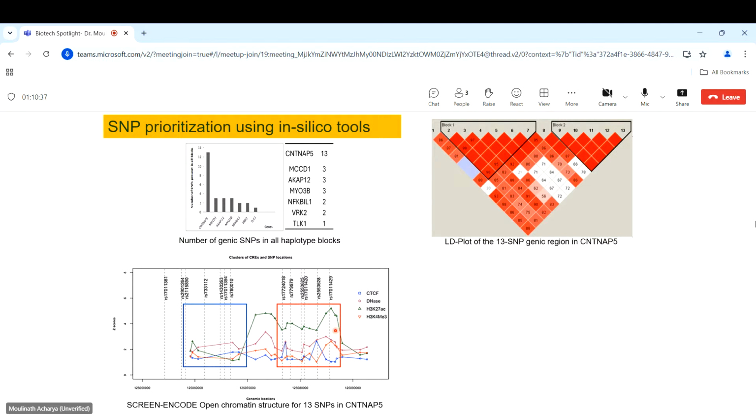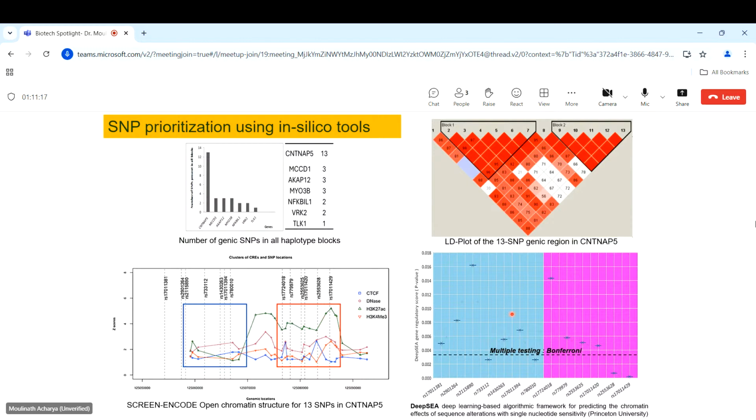This is the ENCODE database. So this essentially says that there are peaks. Those peaks are for CTCF binding, DNase hypersensitivity, H3K27 acetylation, and H3K4 trimethylation. So these are all suggestive of open chromatin structure. You can see the first block, which is in blue, these SNPs are not having any great peaks here, but the red block having these number of SNPs, they are actually showing better open chromatin structure,